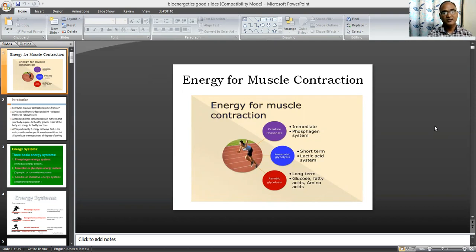And the second area is the anaerobic glycolysis system, or short-term or lactic acid system. This system contributes when oxygen is not available within your body, or during heavy intensity exercise. When you are not in a position to supply oxygen, your system carries out the physical activity based on anaerobic glycolysis support. If your body is not in a position to supply oxygen, automatically lactic acid is formed, and it leads to